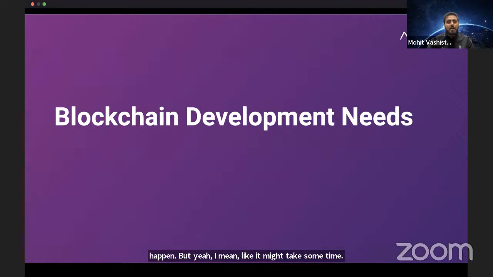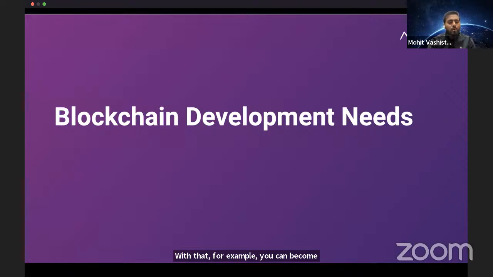So now what are the development needs, like how you can start on it, or what exactly you can do. Before I go next, I will just say, if you are a front-end developer, if you are a back-end developer, or if you are a product manager as well, or if you are someone non-technical also, just stick to that and add the blockchain piece with that. For example, you can become a front-end blockchain developer as well.